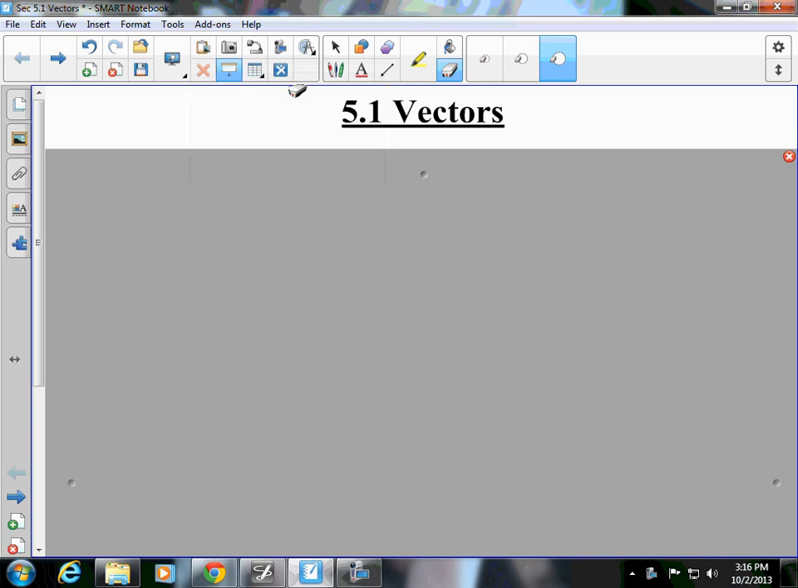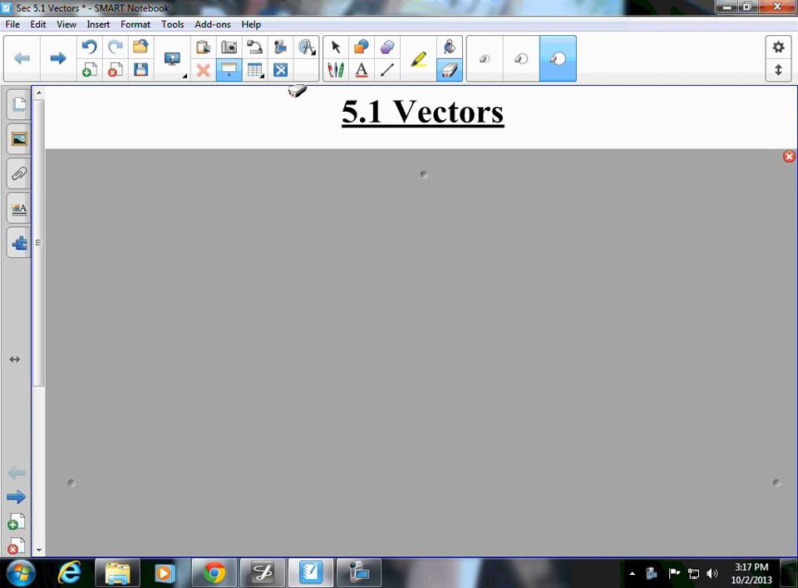Section 5.1, we are dealing with vectors. We are continuing dealing with forces, although Chapter 5 is now dealing with forces in two directions. And when we start to deal with forces in two directions, we have to bring angles into effect. So this is going to be very similar to the back of the worksheet, the Chapter 4 review worksheet you